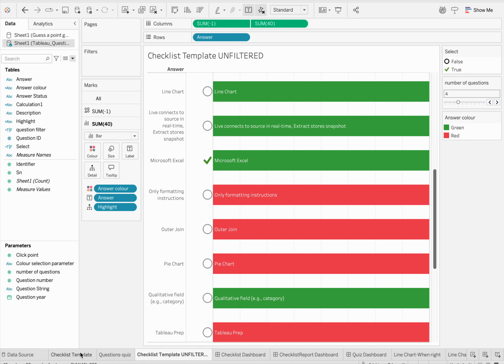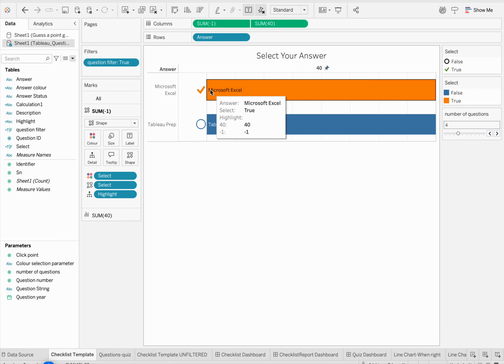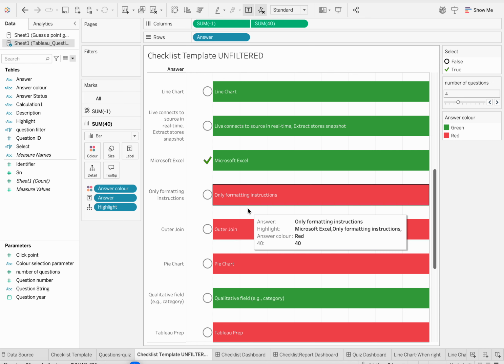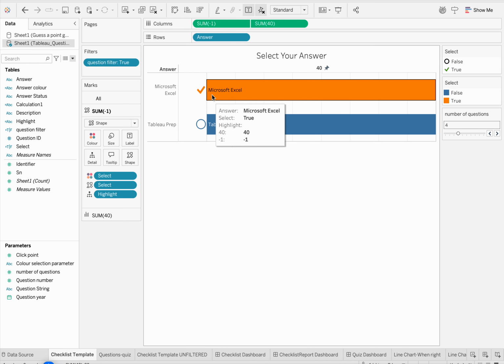So whatever you do on this view reflects on this view as well, because we still have the parameter working with it. It's just that it doesn't work with the color. We have a different parameter working with the color, or calculated field working with the color. So for example, if by adventure this was